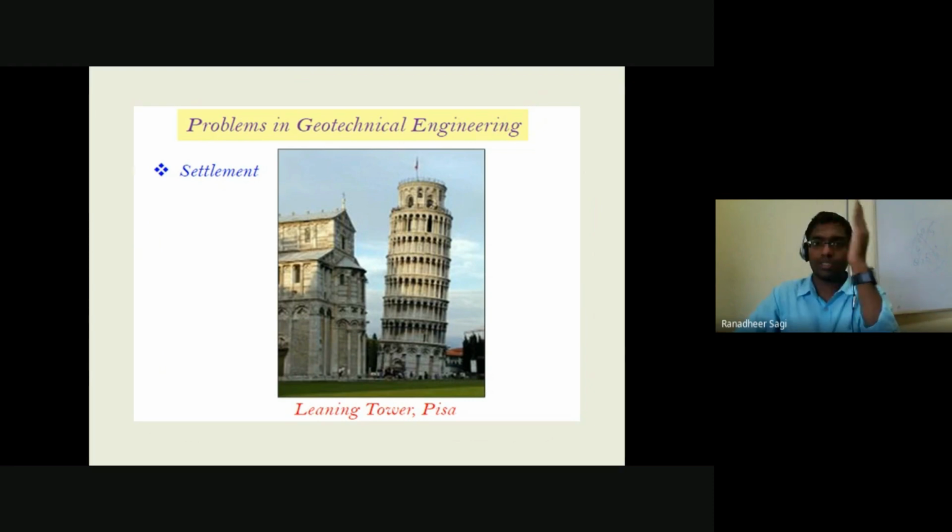tilt in the structure. And if we continue to allow that tilt in the structure, we are going to see the failure happening in that particular structure after some point of time. You don't want that further tilting to happen in that structure, that further distortion happening in the structure. So to avoid that, we have to take certain measures as a geotechnical engineer to prevent that failure. But however, the importance of that particular structure still has to be maintained.